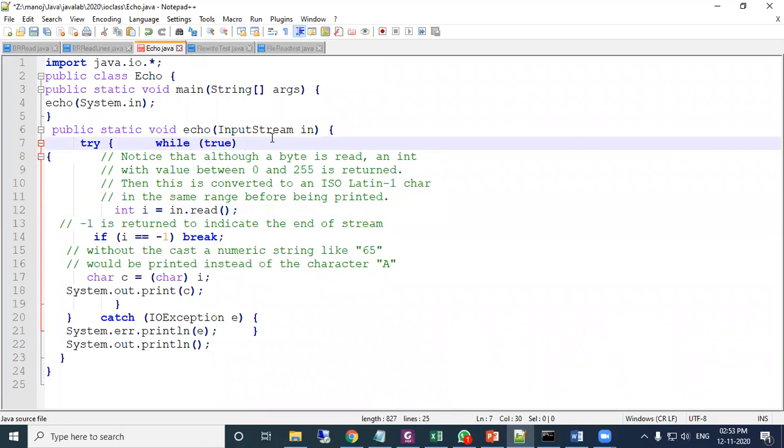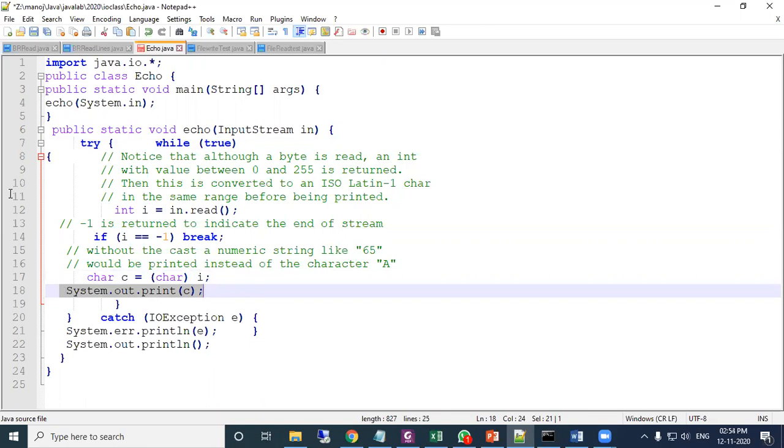So this loop will continue until, if i == -1, that means when it encounters end of file, end of stream, then the loop will break. Otherwise, the i value, which is in integer form, will be converted to a character, then stored in c. Next, the c value is printed on the screen.